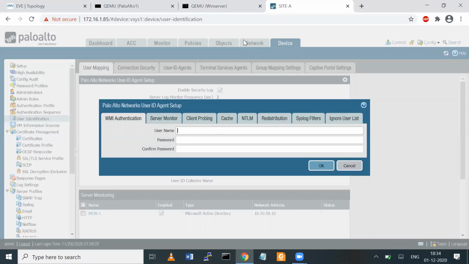See, the first option is again asking about WMI authentication, Windows Management Instrumentation. So under WMI, we allow administrator. The username should match and the password should match here. So I'm mentioning here administrator/